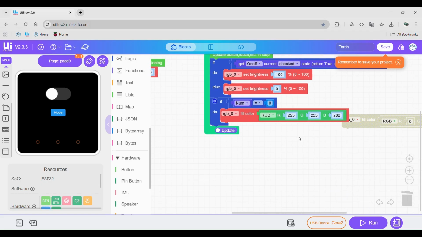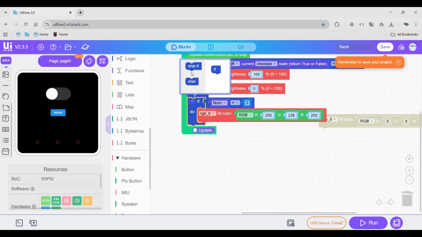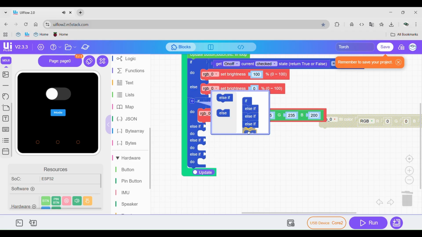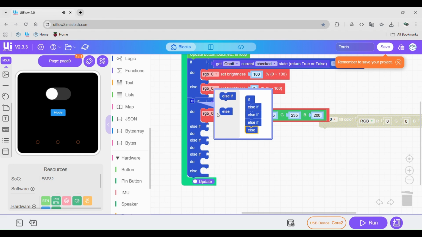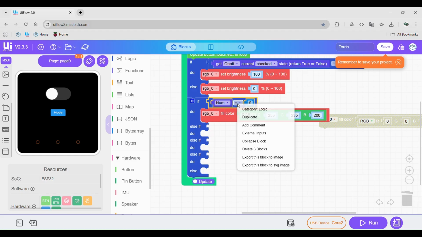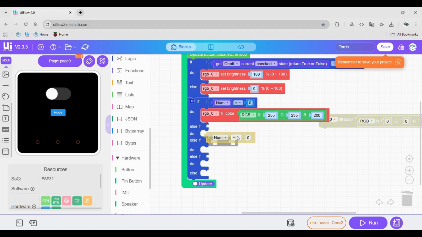So we're going to continue by adding some more blocks to our if-else block. So I'm going to add 3 else-if blocks and an else block to the bottom. That creates 5 in total, and then we can just click the settings button to make that disappear. We're then going to duplicate, that's another right click,